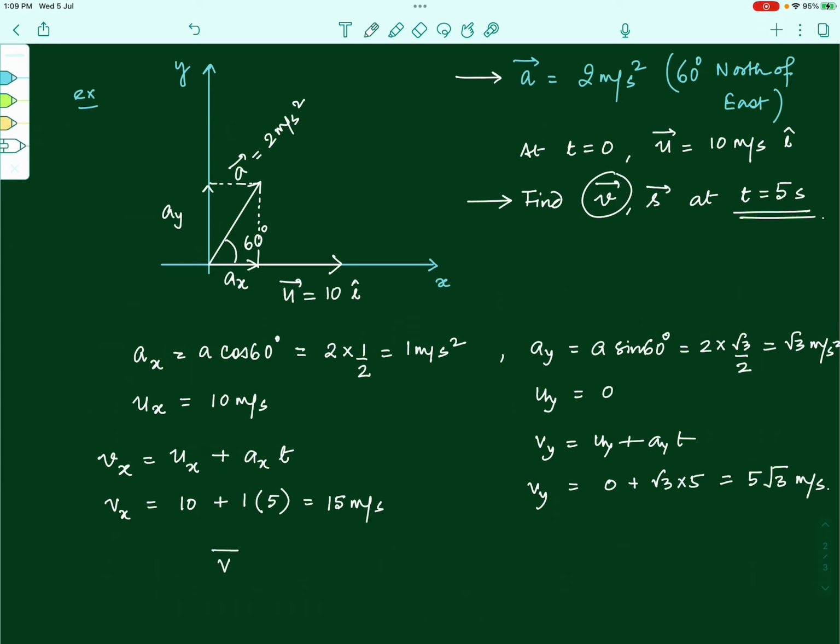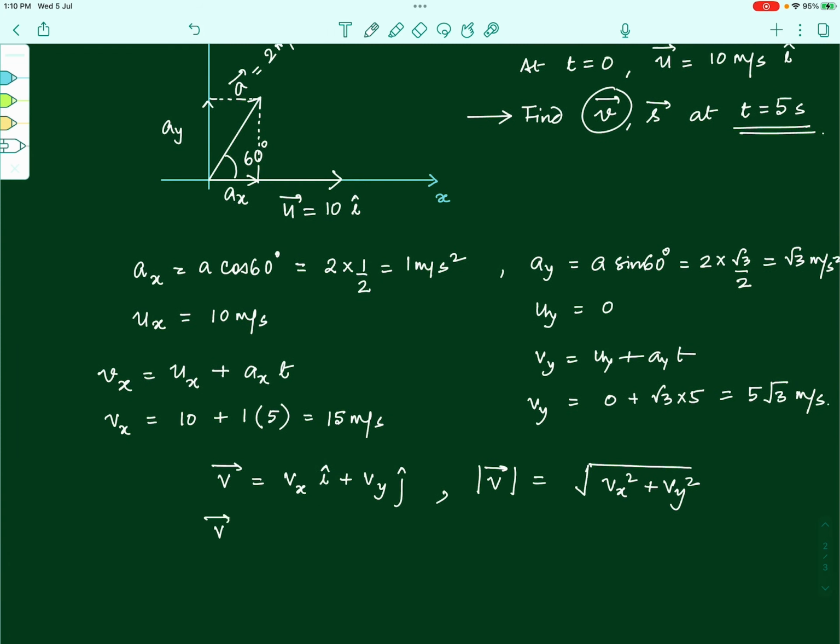Do we know that we can combine the two vector components like this and write vector v as vx i cap plus vy j cap, where we also know that if we want to find out the magnitude of this velocity vector, all we need to do is do square root of vx squared plus vy squared. This comes from our knowledge of vectors. So we understand that vector v will be 15 i cap plus 5 root 3 j cap, right? And also the magnitude of vector v will be square root of 15 squared plus 5 root 3 whole squared, which you can solve now and get your